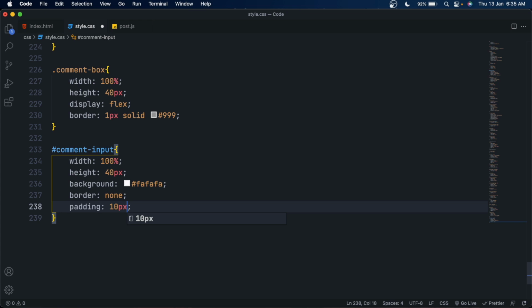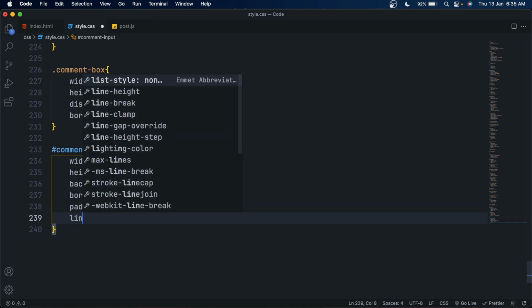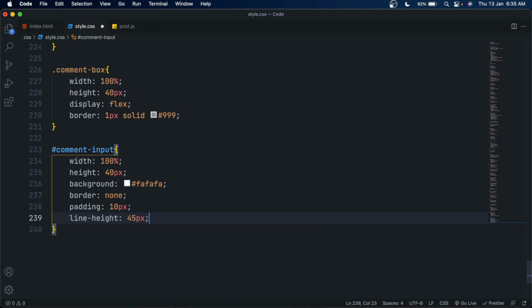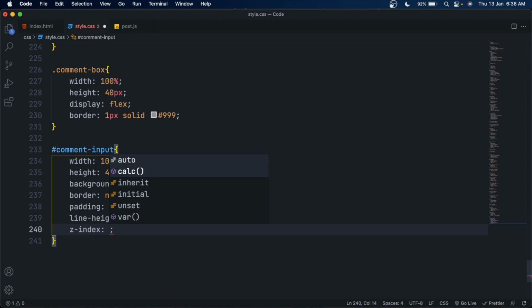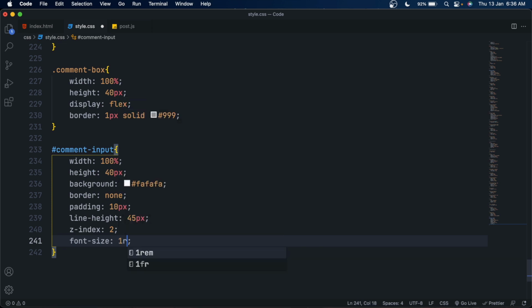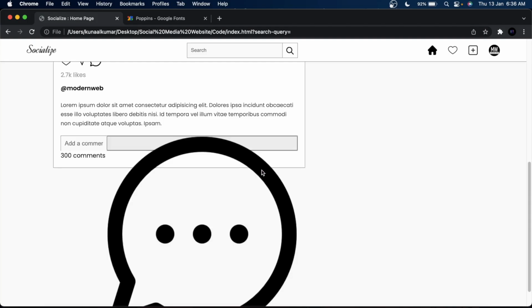Also give it some padding, let's say 10 pixels, and set its line height to 40 pixels also. Set its z-index to 2 to make it over all the elements, and set its font size to 1 rem. Yeah.